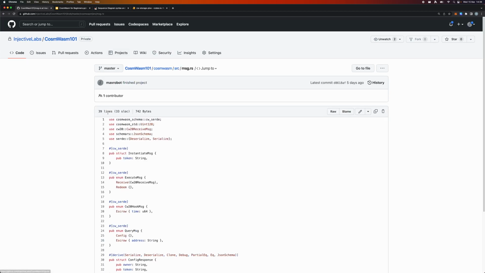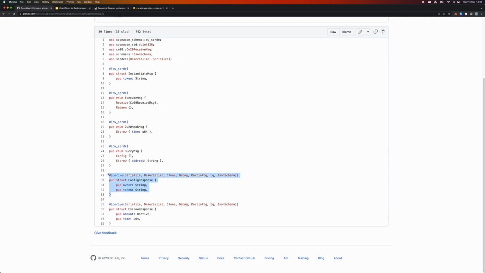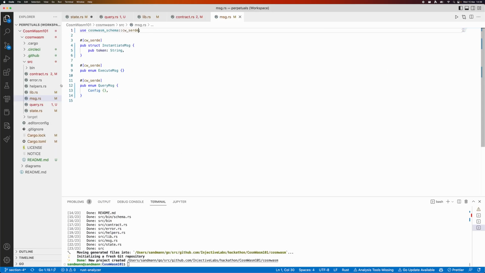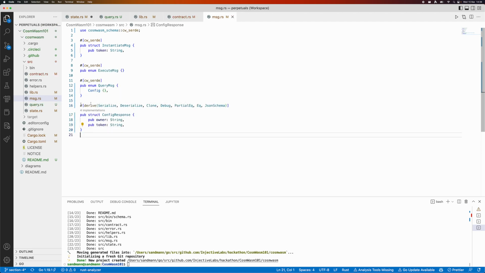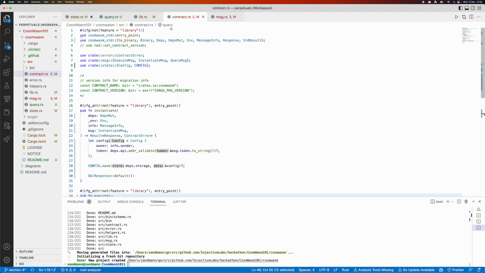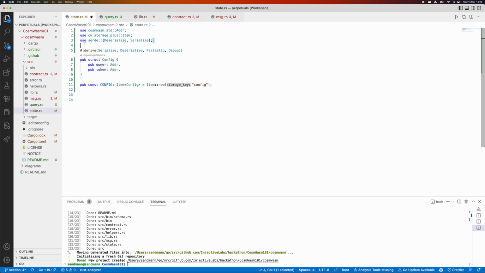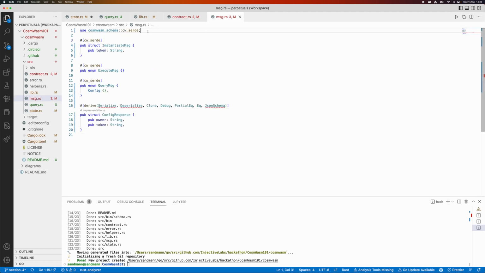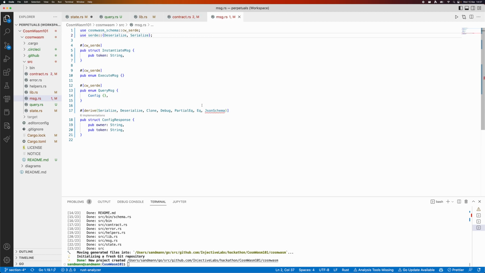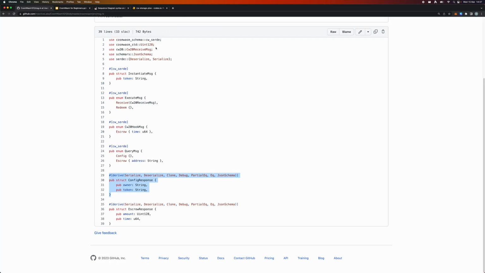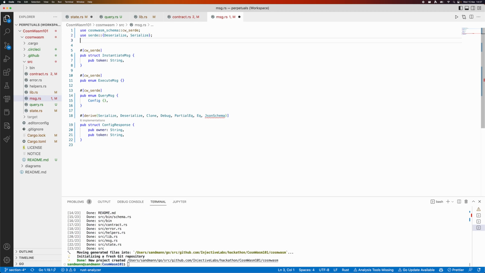We'll just define our own query message, and that will be the config response, sorry, and that will return to us something. And now, as in state, we're going to need these serializing and deserializing and JSON schema. Oh yeah, so that it returns a JSON payload, we also need to do that. So let's just steal that from here. I'm glossing over a few things that you need, but in your own time you can find that out,